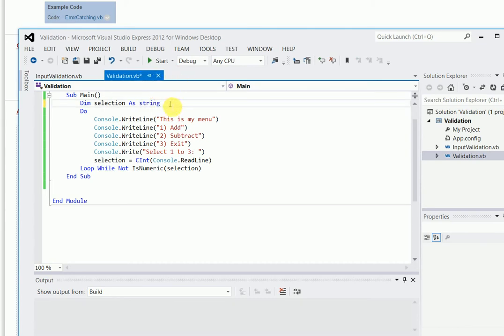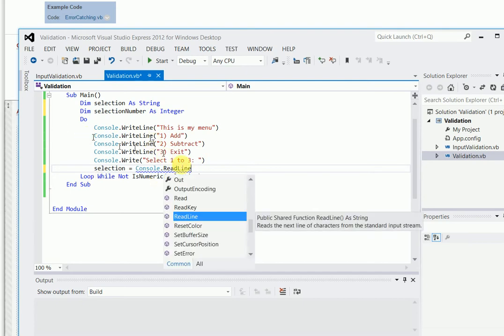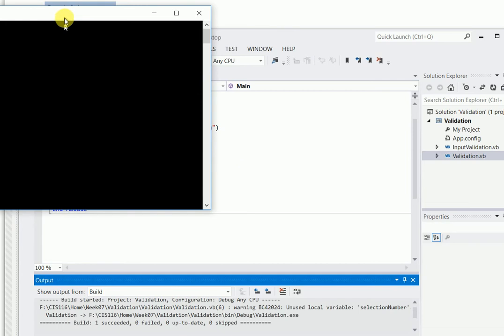And then let's call it return value or something like that. What should we call that number? Selection number as integer, like that. And now let's get rid of this, because that's causing it to crash, because it's trying to convert that. Now if we go ahead and run it, you're going to notice that it will accept